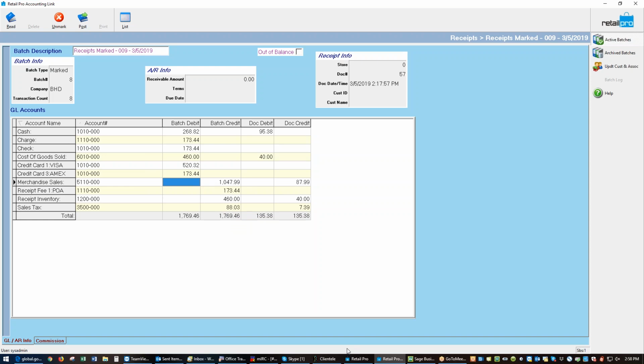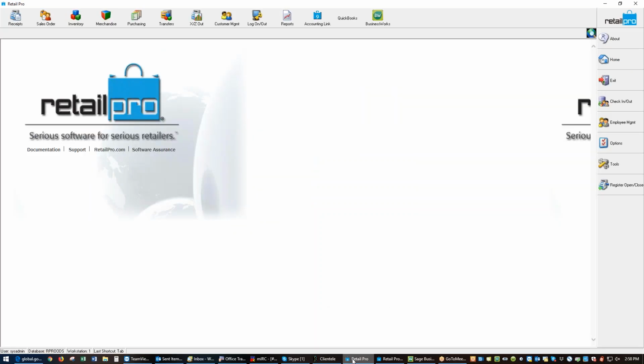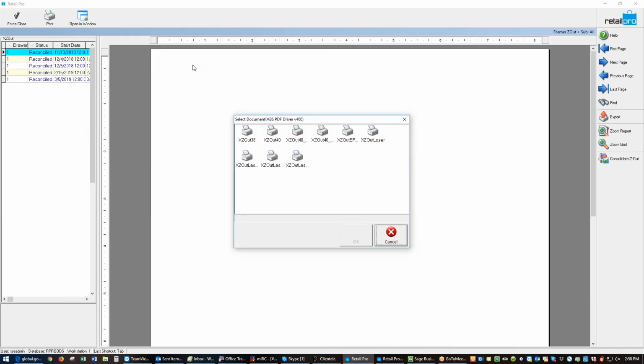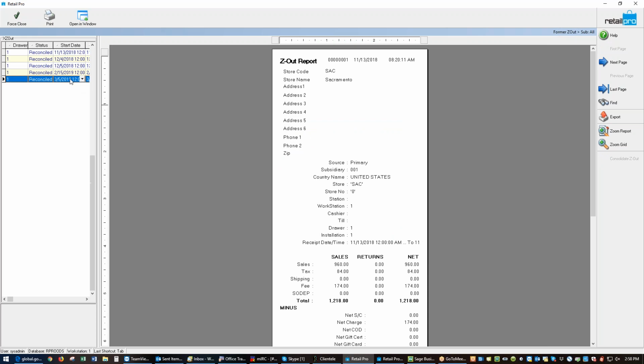To do that, I go into Retail Pro, or I look at my paperwork. I go to my X out, Z out. I can look at a former Z out. I choose the one the way I want to look at it. I choose my 3/5, and on 3/5 I can see here that my sales